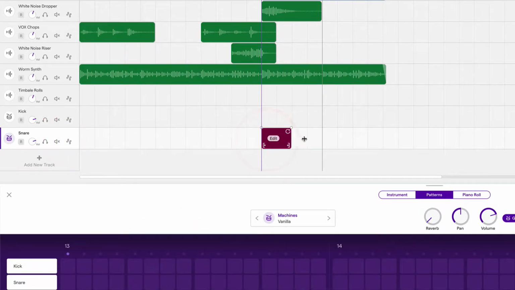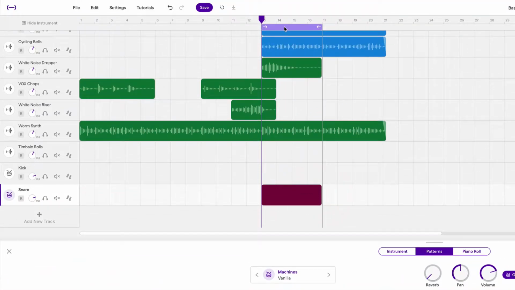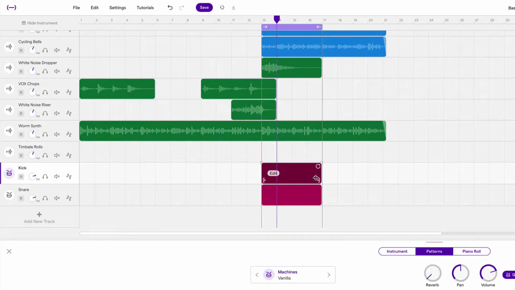Let's create some regions, make them 4 bars long. And I already have my cycle region set to 4 bars. And just remember, you drag at the bottom, not the top. Okay, the top will cycle the section. Okay, so now that we have that set up,